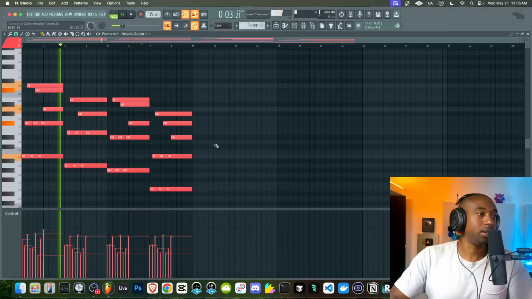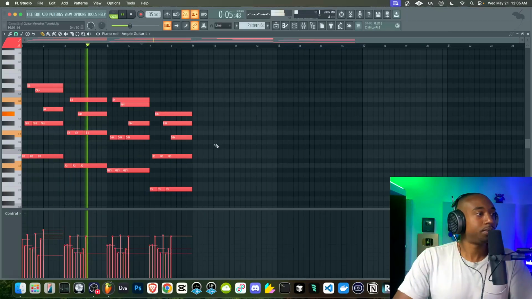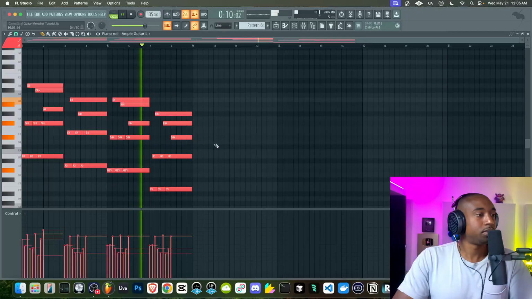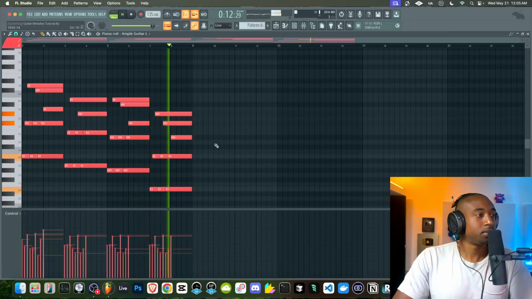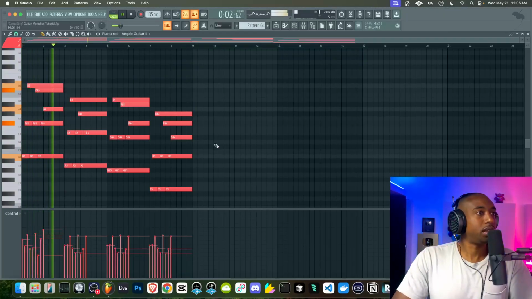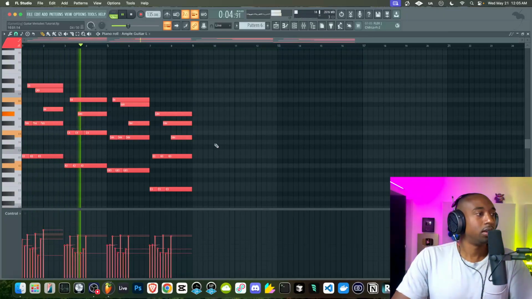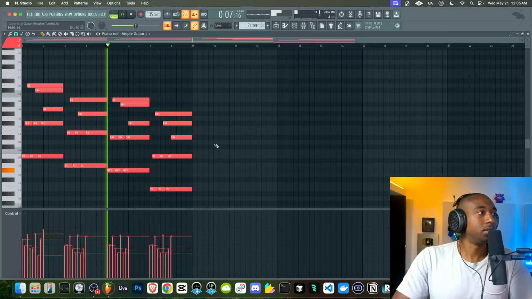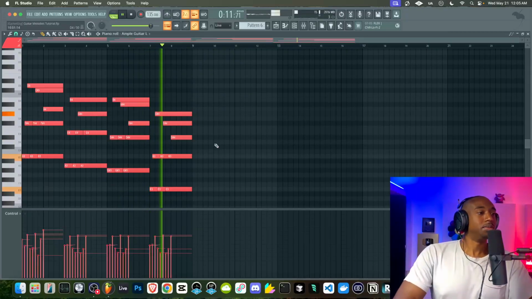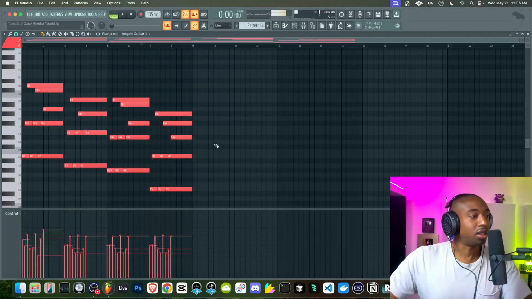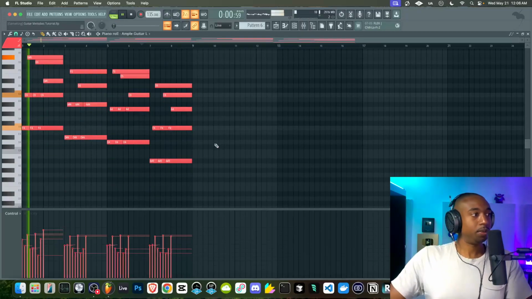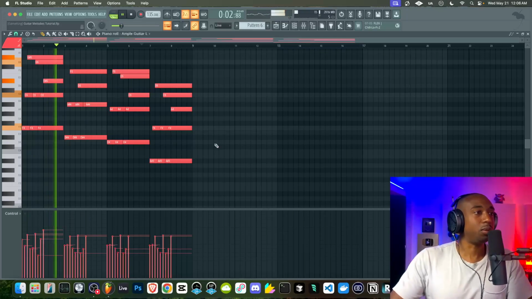So now we're in a different key. This feels more country for some reason. It does feel like General Hospital soaps, but in the country. Now let's pull it up 6 semitones. So now we're going to be +3 from where we started. 1, 2, 3, 4, 5, 6. And this might sound more.